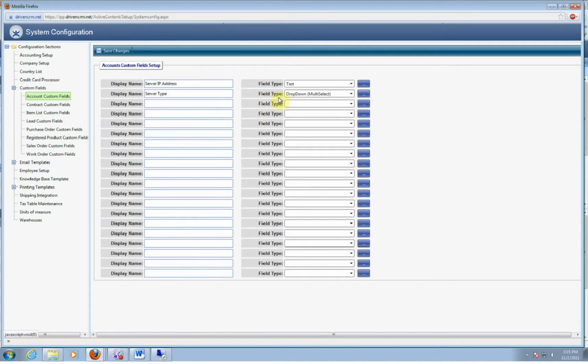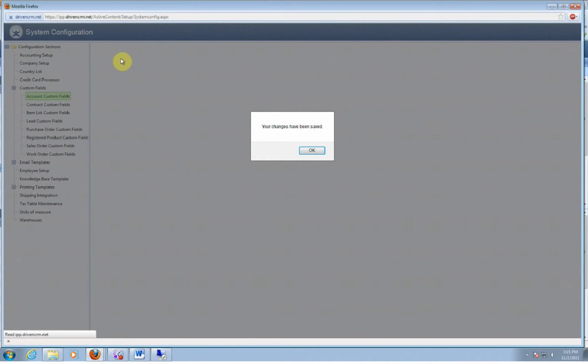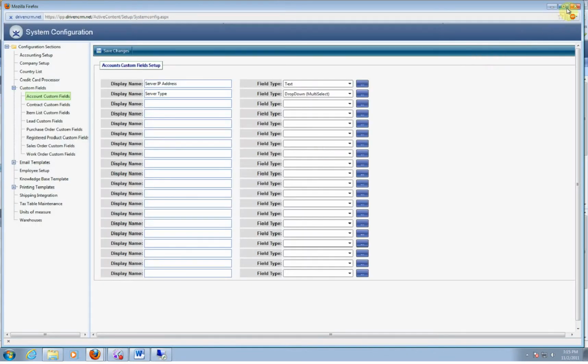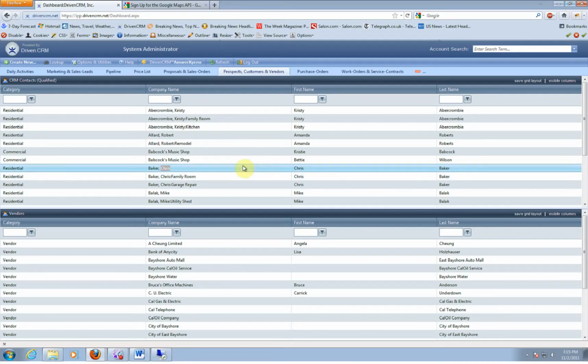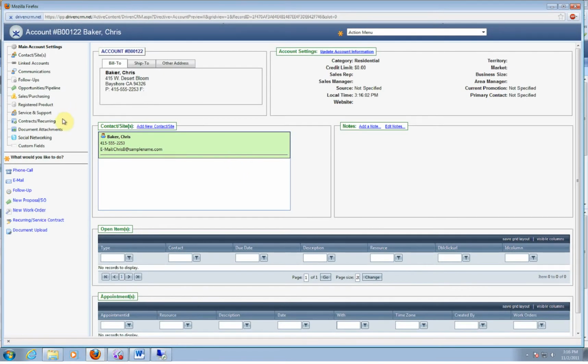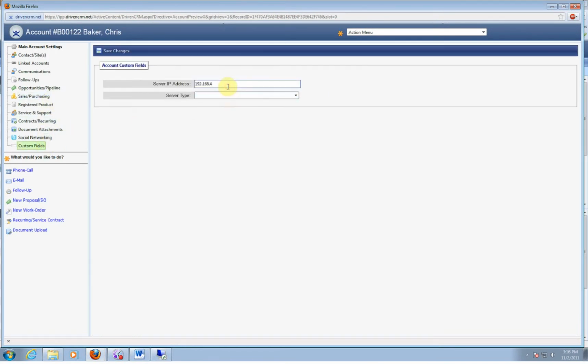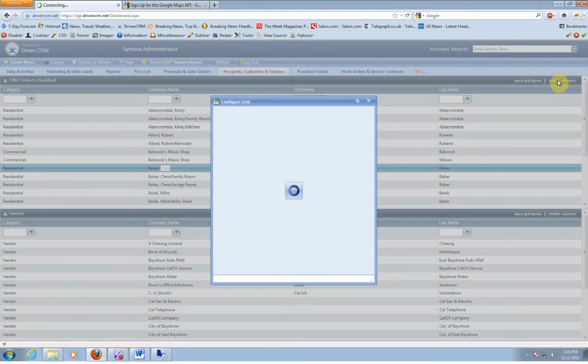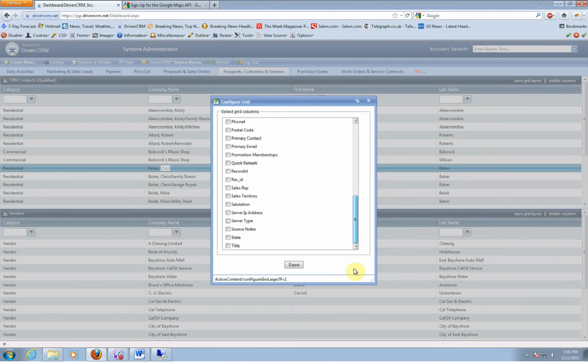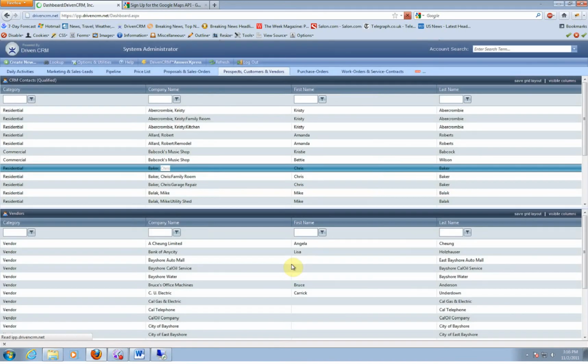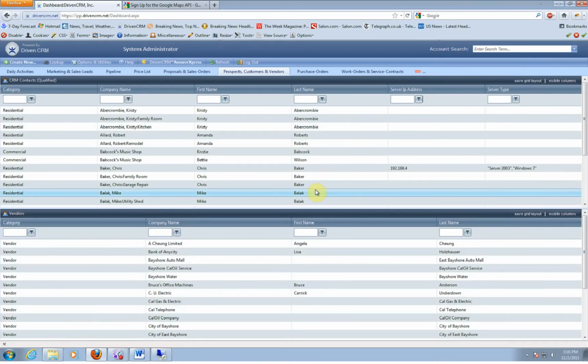Once these have been configured and saved, they will be available for your users to input data in that area of the software. We've configured one for an account here, so if I go Edit an Account under the Custom Fields area, I input my information, pick my choices here, and then those are available in visible workspaces and also to be configured on reports. So they're easily accessible for filtering information and adding on additional things that you need to keep track of.